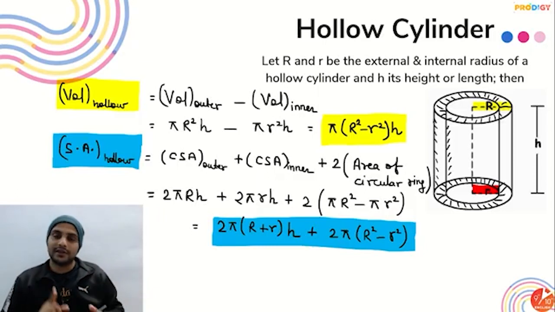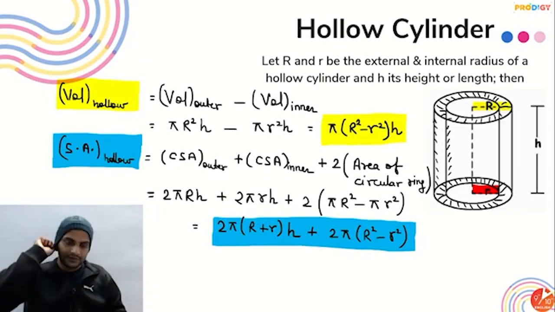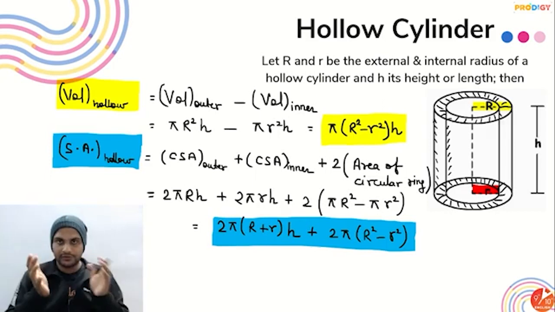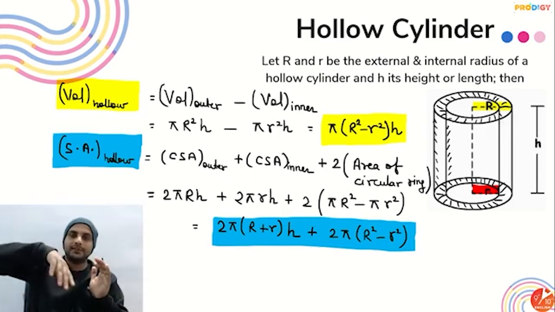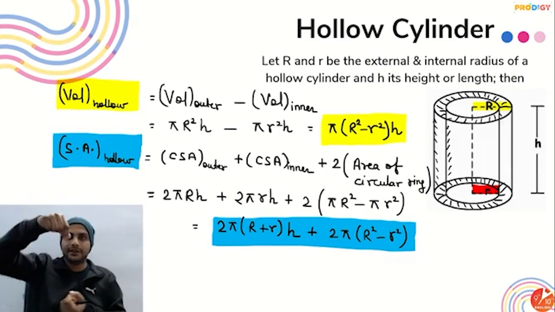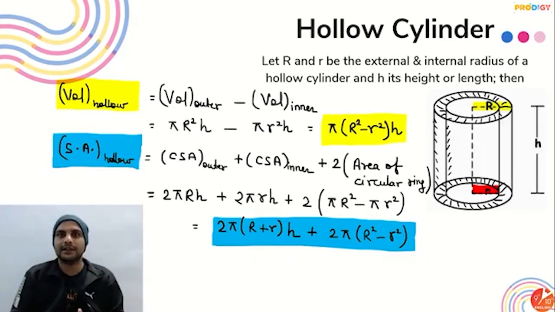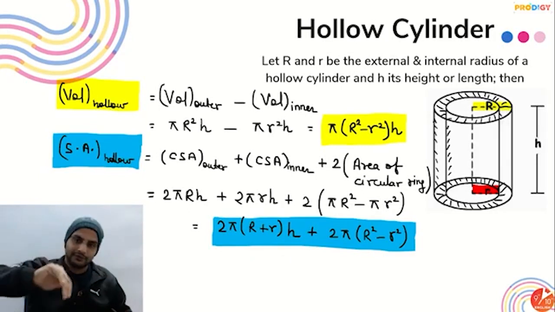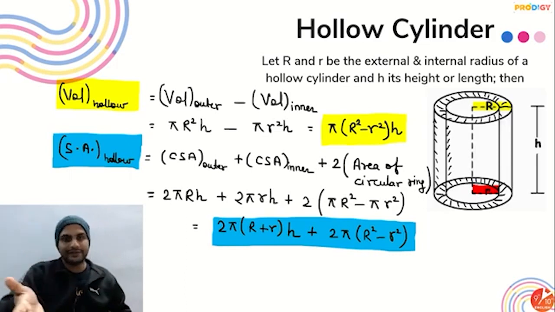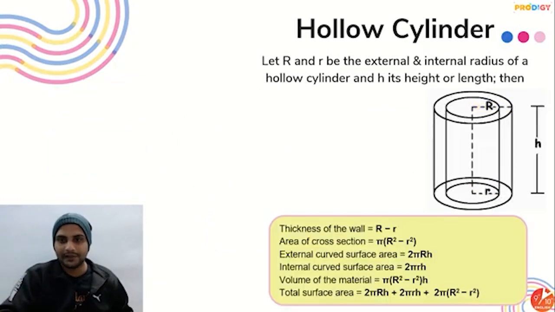Instead, I understood the concept that the surface area of a hollow cylinder will be the inner curved surface area plus the outer curved surface area, and there are 2 circular rings at the top and the bottom. Bas, add their areas, you'll get your answer. So that is the way to understand this. If you prefer formula, you can remember this formula, and if you are like me, you can directly remember the concept. Okay बच्चा, ठीक है, correct है.